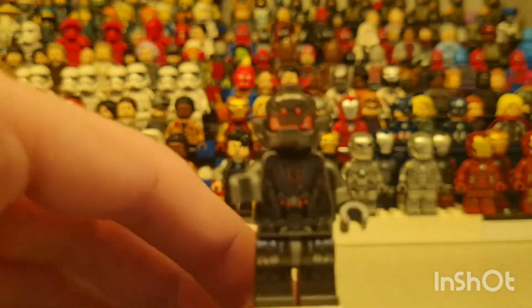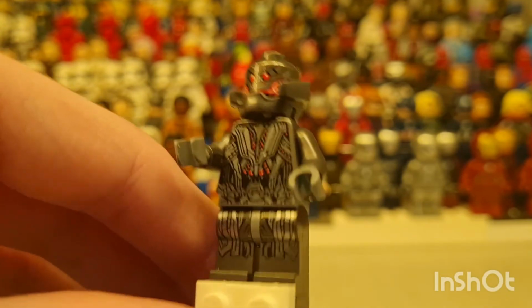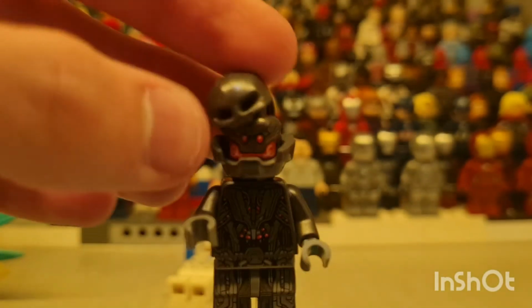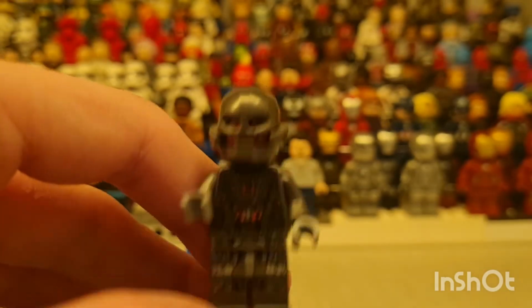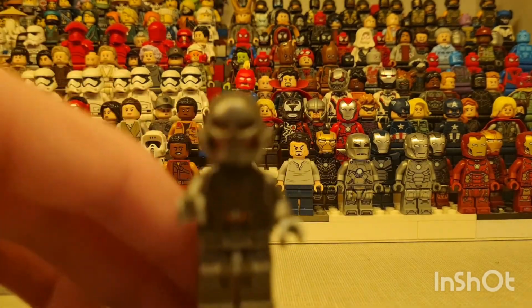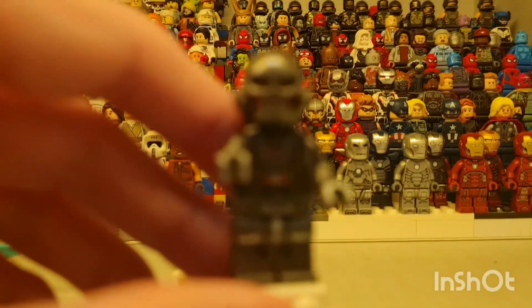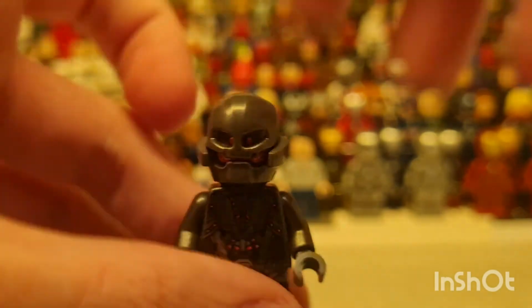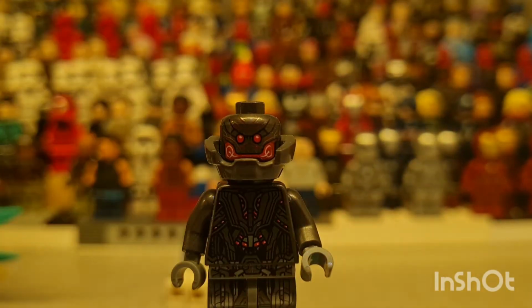This actually came like this, which looks a bit incomplete. But if you have this piece, you can place it on, and that really makes it a lot better. So it is doable. You just can't get it in a set by itself like this. I hate this camera, but you can easily do that. All you need is this Ultron right here,